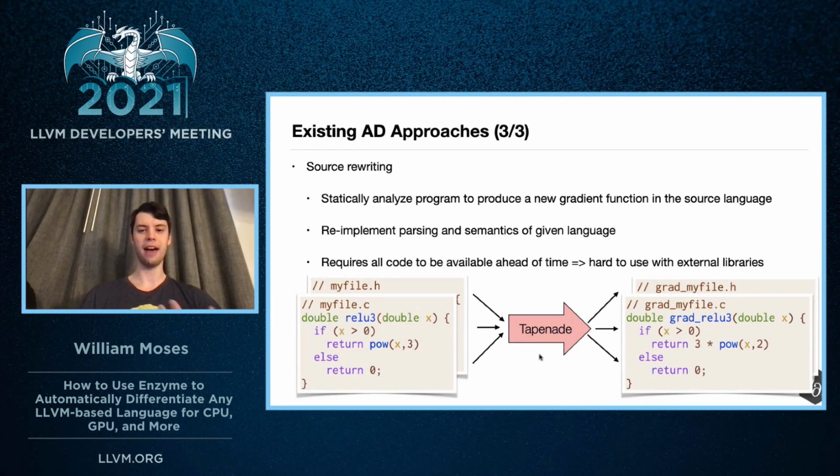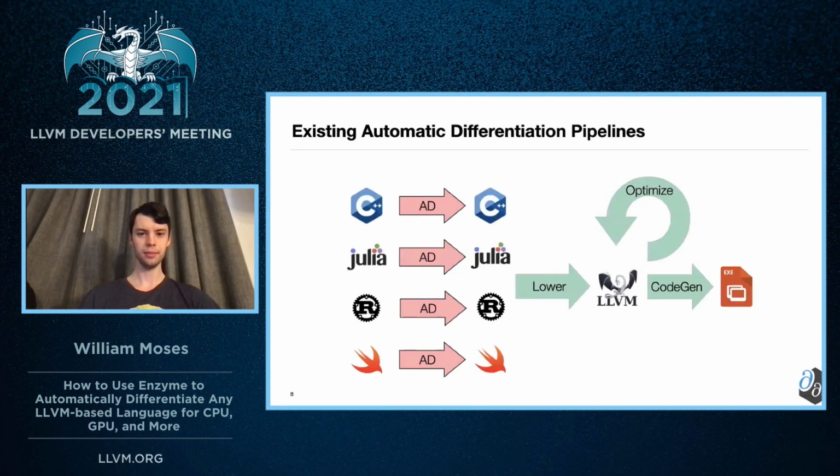However, in having a tool which takes in arbitrary C and emits arbitrary C code, it has to re-implement all of the semantics and parsing of a given language, which means that it's difficult to follow along more complex languages, especially the latest in, say, C++. And Enzyme's predecessor also requires all of the code to be available ahead of time, which makes it somewhat difficult to use with external libraries. Generalizing a bit here, all of those approaches tend to operate in the same way, where